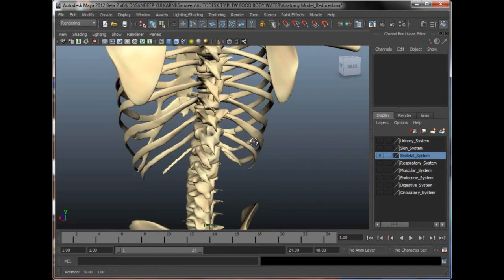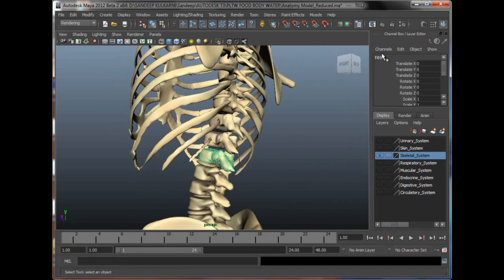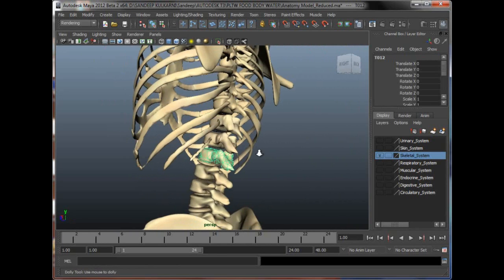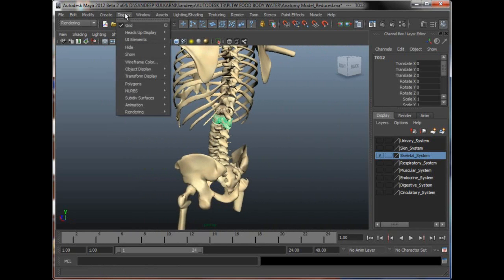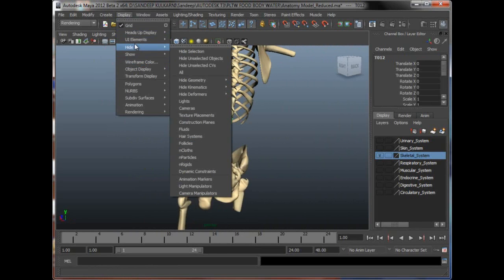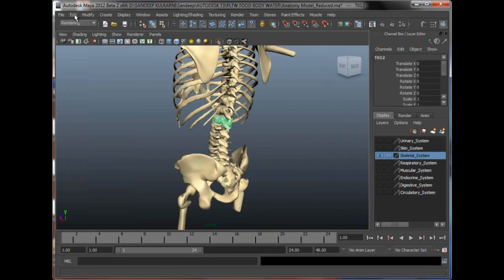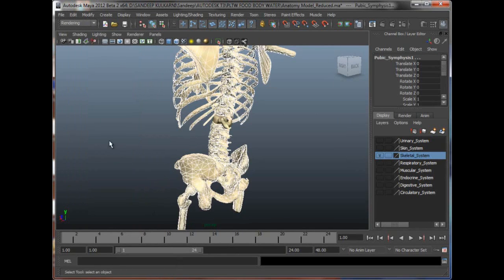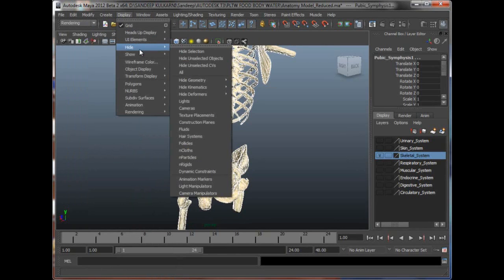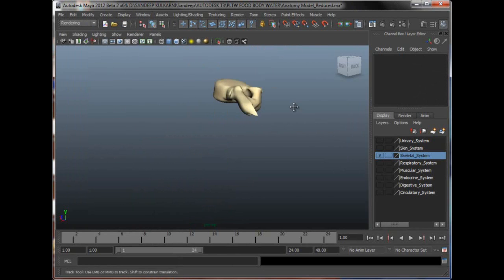Let's say I'm going to go to one of the, let's say the T12 bones over here. So let's select that and let's go to display, hide, and let's quickly hide the rest. Actually, let's just go to slightly different over here. Let's go to edit, invert selection, and let's say display, hide, selection. So I have this